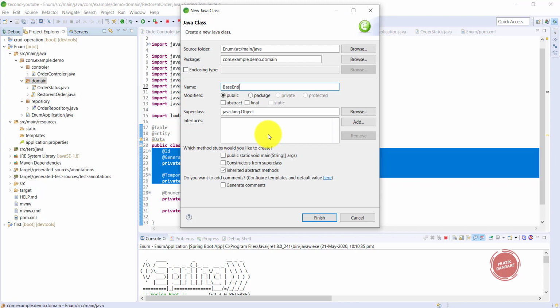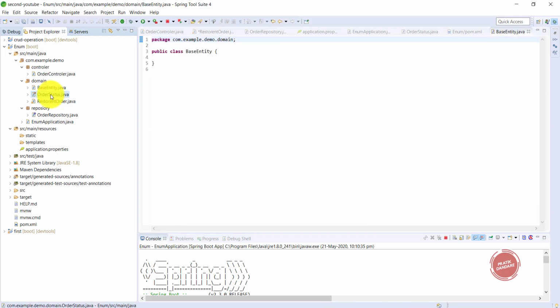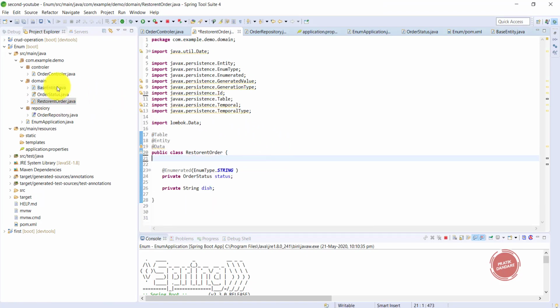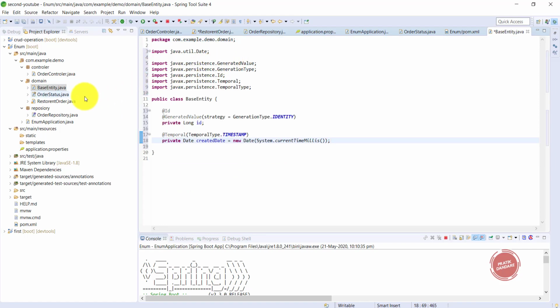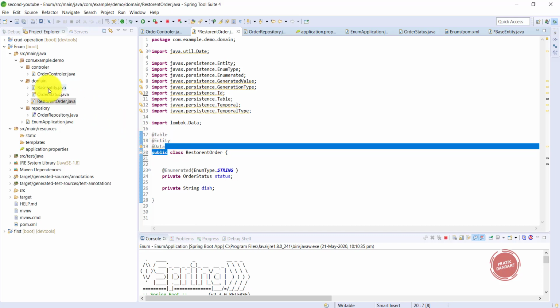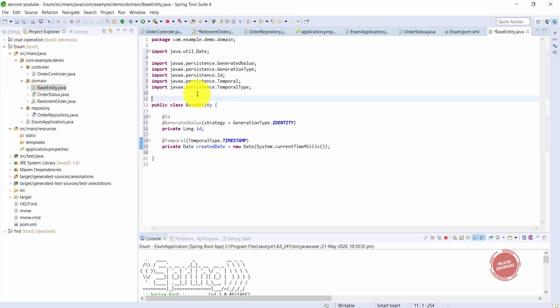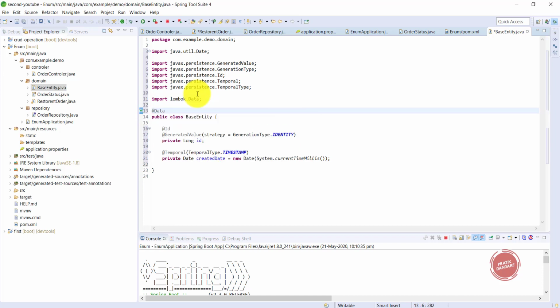Base entity, and I am going to put that code into the base entity class. After that, we need the data annotation, to generate getter, setter and toString.